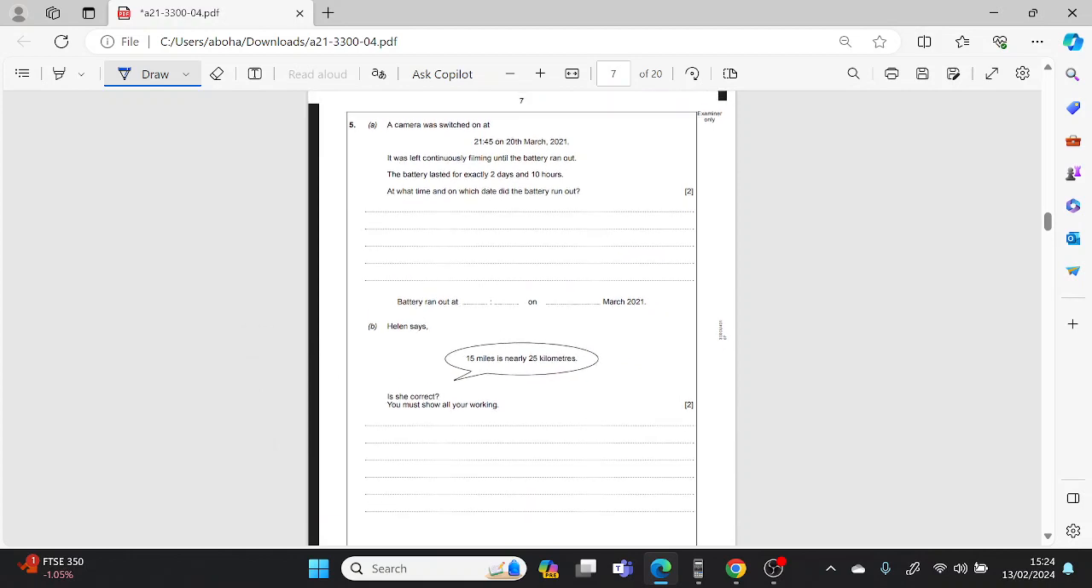So a camera was switched on at 21:45 on the 20th of March 2021. It was left continuously filming until the battery ran out. The battery lasted for exactly 2 days and 10 hours. At what time and on which date did the battery run out? Okay, so